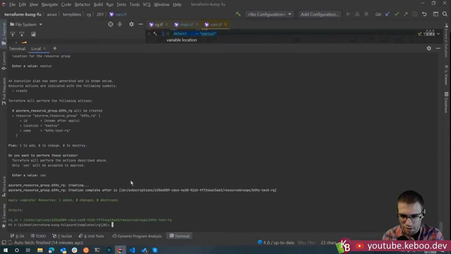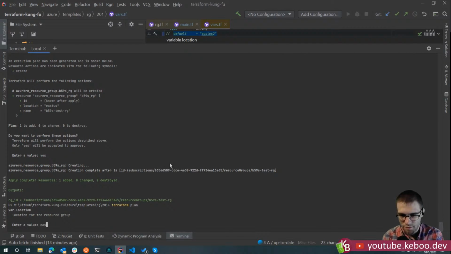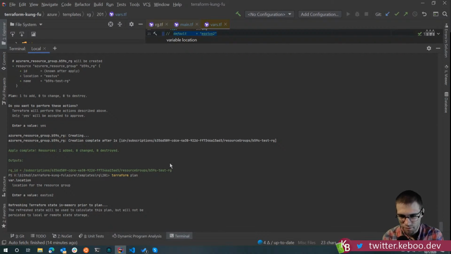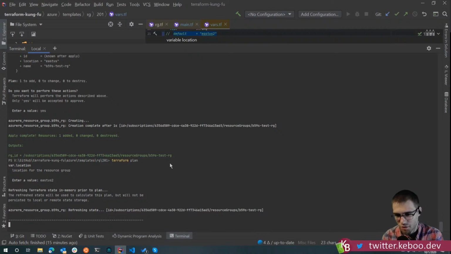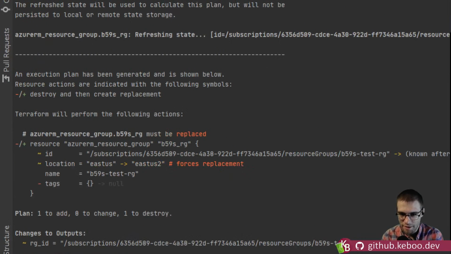And so I go back to the code and I say, okay, well, I want to run another plan because obviously that's wrong. This time I'm going to say East US 2, right? And what's going to happen here now? Because it's the same exact thing, but I'm changing something that's very important. Yeah, you're changing some value about it, and this is actually one of the best things or most awesome things about Terraform